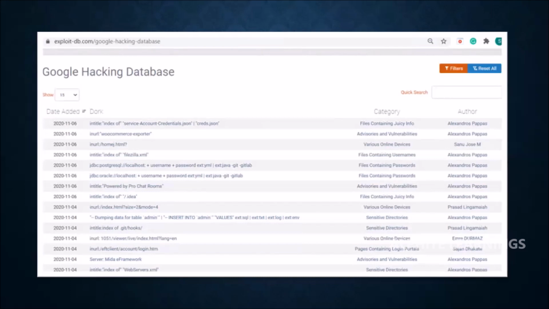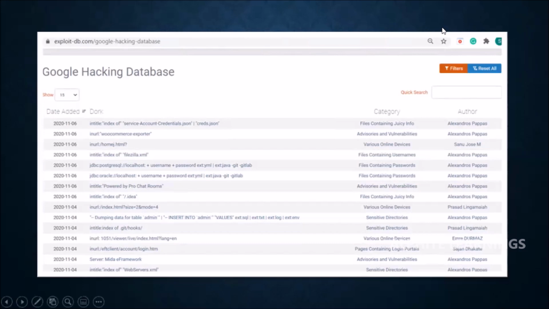Once they create a website and it goes public, they could go to Google, try these commands and filters, and see if any sensitive information is being leaked from their website. That is the major use of this GHDB.